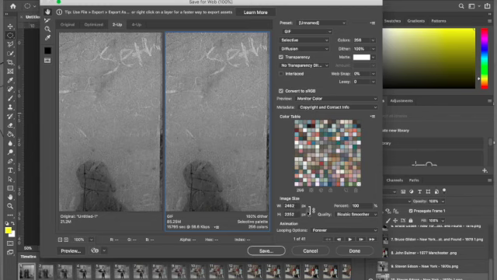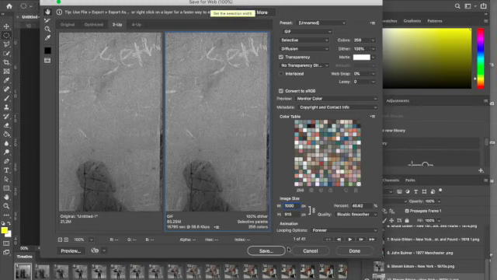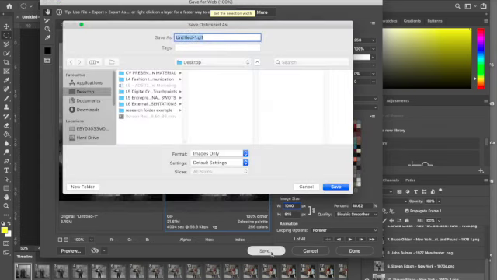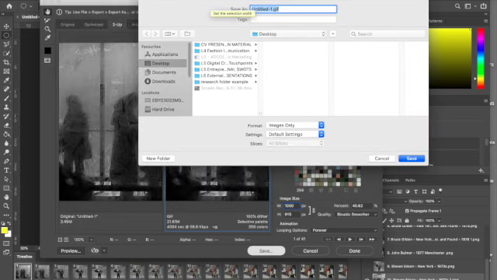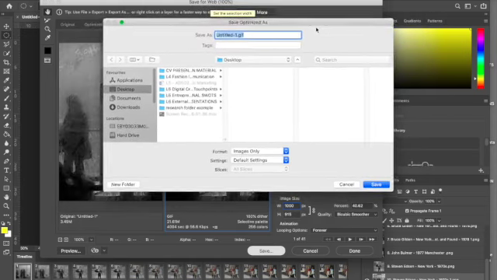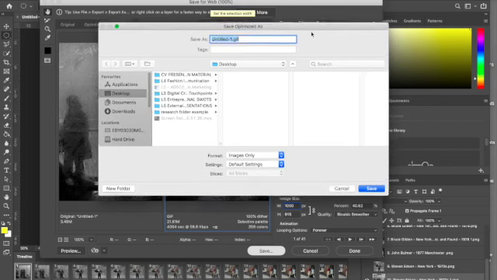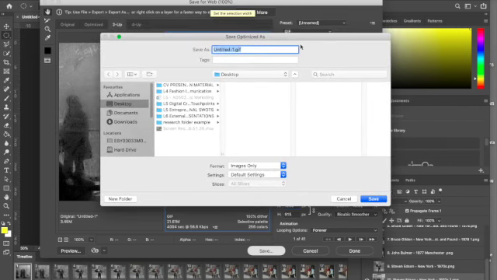Now, the ratio here is linked and connected. So if I bring that down from 2,462 pixels to 1,000, which is more than enough, and then we're going to click Save. So it's changed the size, you can see, from 80 megabytes to 20, which is a big difference. So I'm just going to save this as test. This one. Have a look at it. In the 1970s. And click